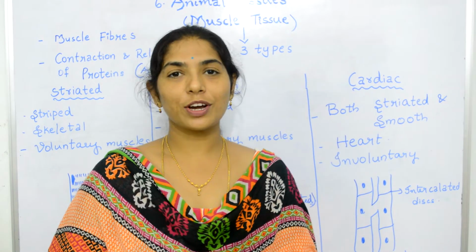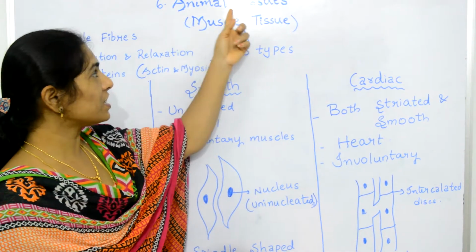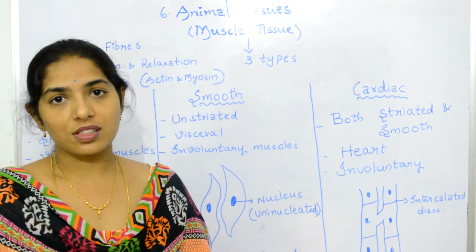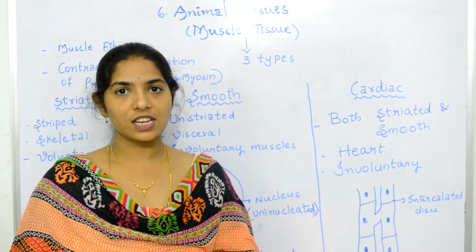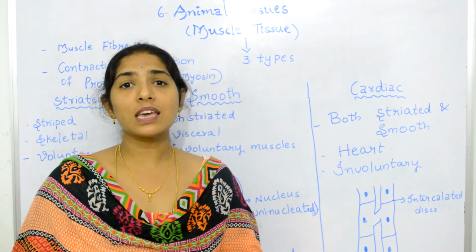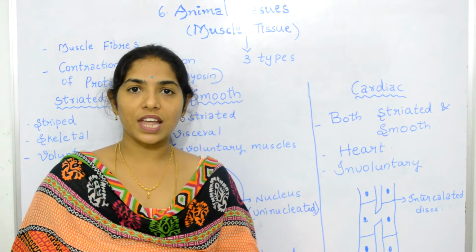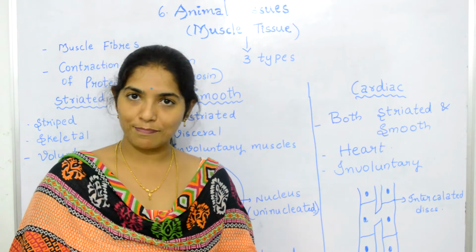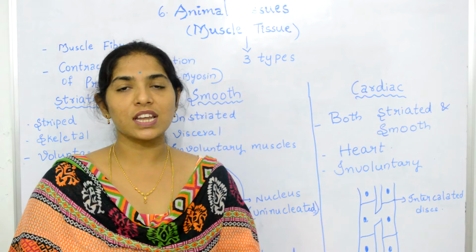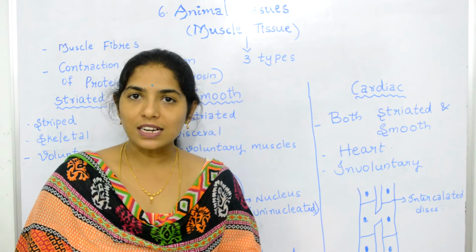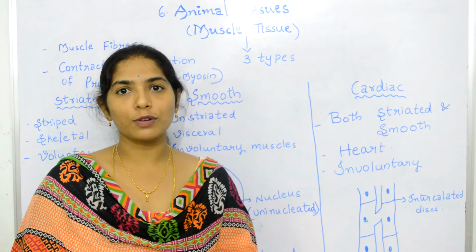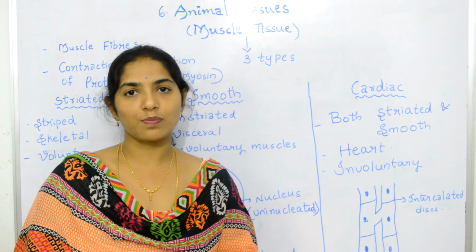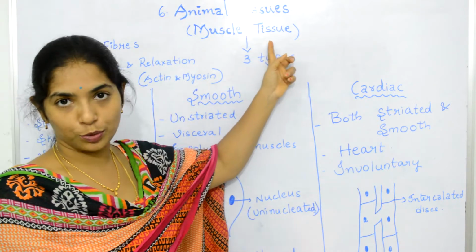Hello all. Today we are going to learn the third type of animal tissue, that is muscle tissue or muscular tissue. Now in the previous class we have learned that this muscle tissue helps in bringing movements of our body. So the movements can be anything like doing any kind of physical activity, moving, jumping, running, or the movement in our internal organs such as the heart pumping the blood and movement of food in the alimentary canal. Yes? So all these movements in our body are brought about by this muscle tissue.